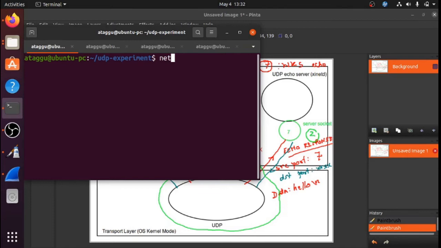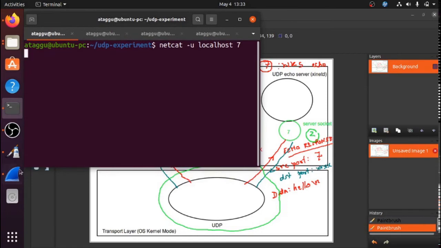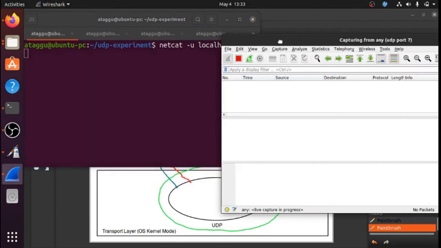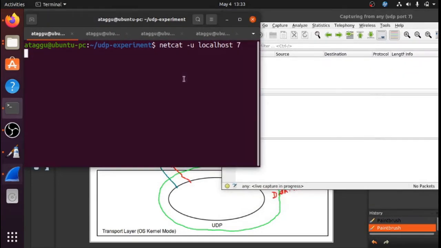The client is netcat -u for UDP, localhost, meaning the current machine, port number 7. We are running this, and you say enter. Enter means we have just entered the netcat program, but the communication hasn't started yet. So let's place these two windows side by side: the Wireshark window here, and this client window here.